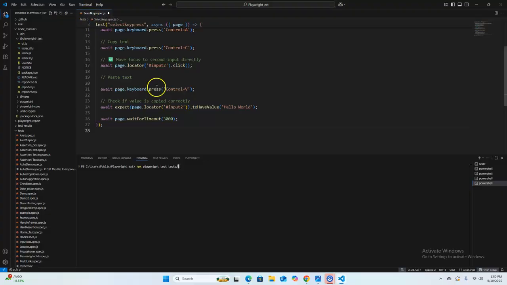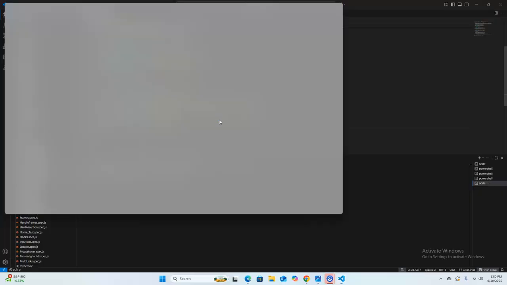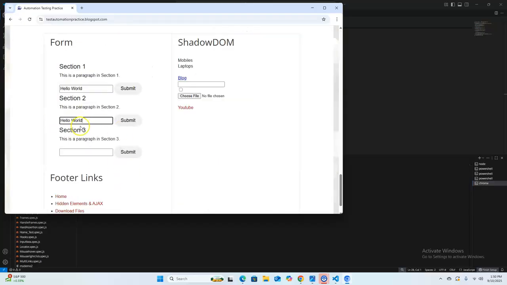You can see the file name here, select keys.spec.js, and I want to see the headed mode, so space headed, and space I want to see in the browser called Chromium. If you want Firefox or WebKit, you can give the other browser name, and you can see the focus is on the